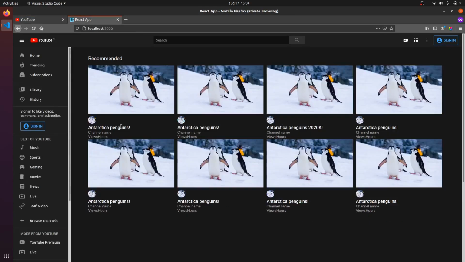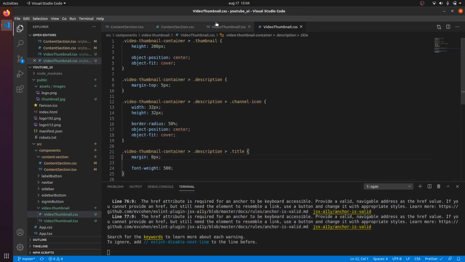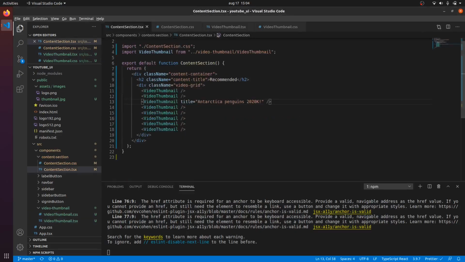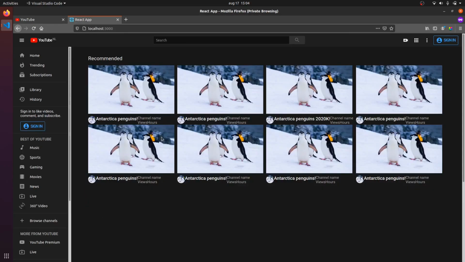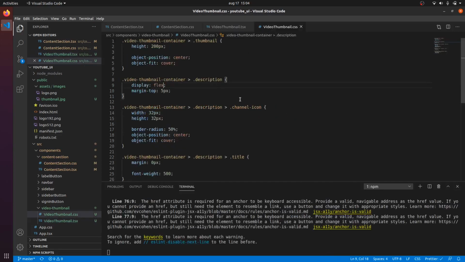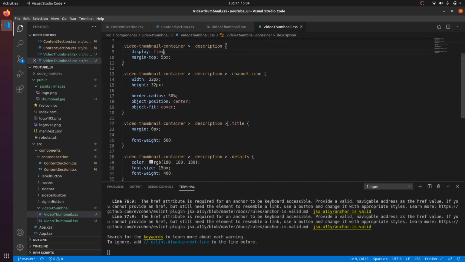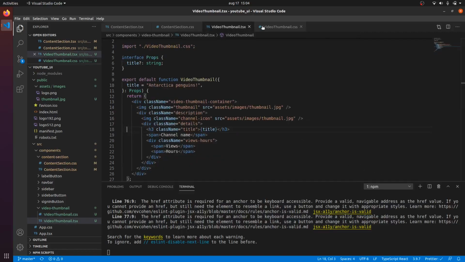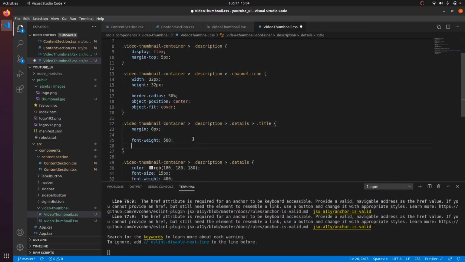and then I'm going to give this section a display of flex. So we have our description, and then I want to give the section with other text also a display of flex. This section is right here, and I'm going to put the title inside of the details, like so. So where do we have the title? Right here. I'm going to target it by going into the details first. And then I want to give the title a white color,